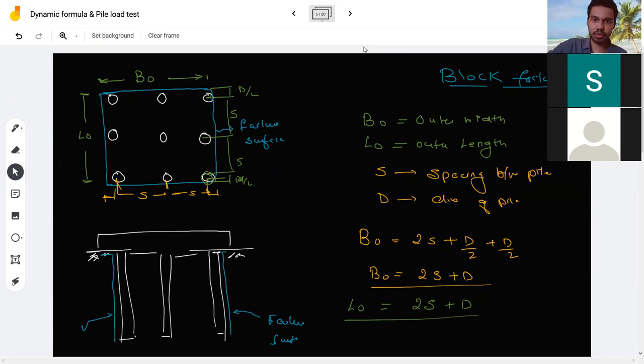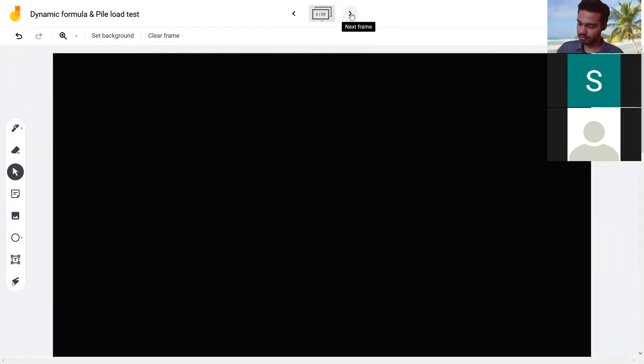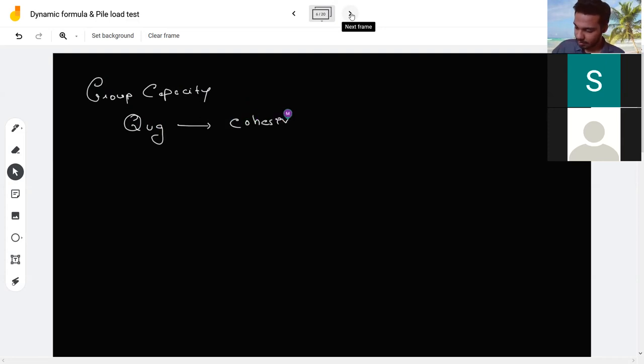Now let's compute your group capacity, that is we are going to find QUG in cohesive soil. अब जब भी मैं आपको बोलता हूं कि it's a cohesive soil, it means phi equal to 0, and the best example for cohesive soil is clay. Okay, now